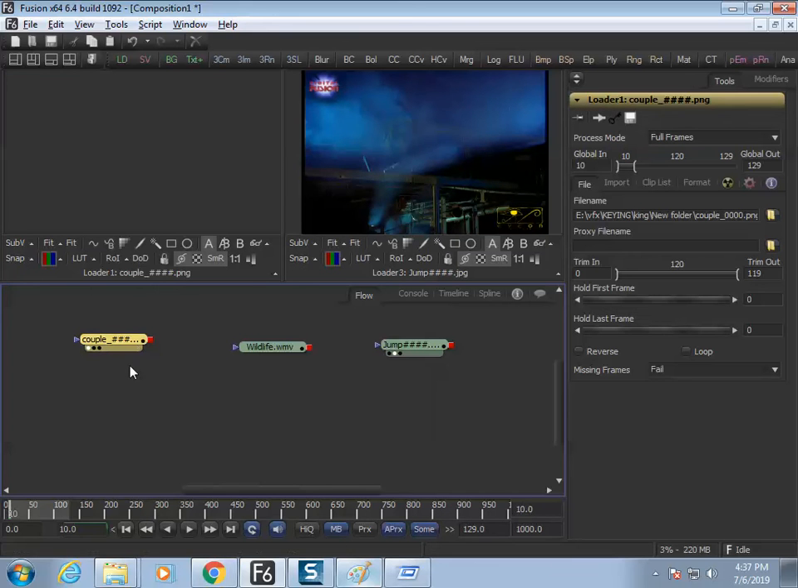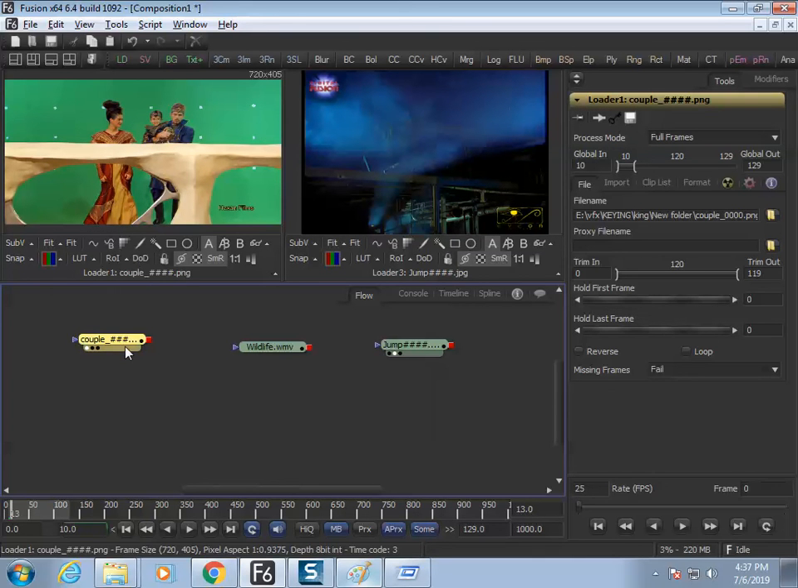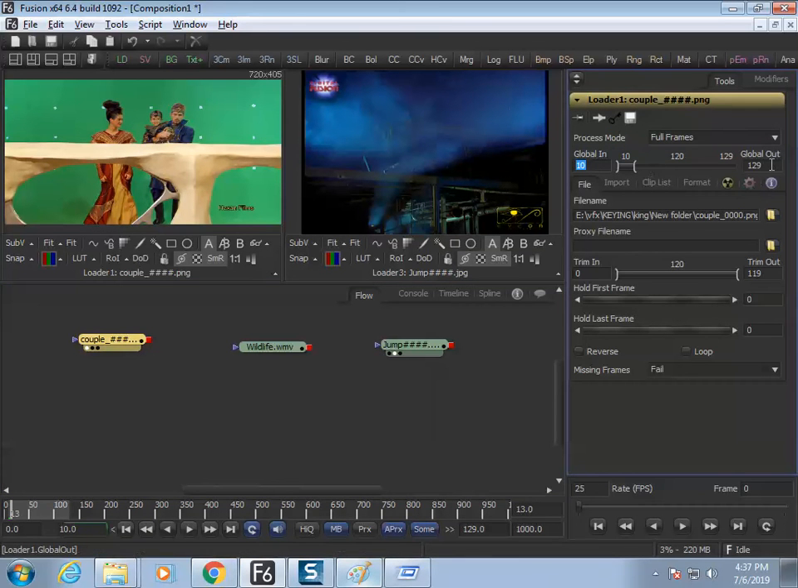Now how to see frame by frame, we will see it later, but for the timing we got to know the global in, global out details. So in this, what you can do,